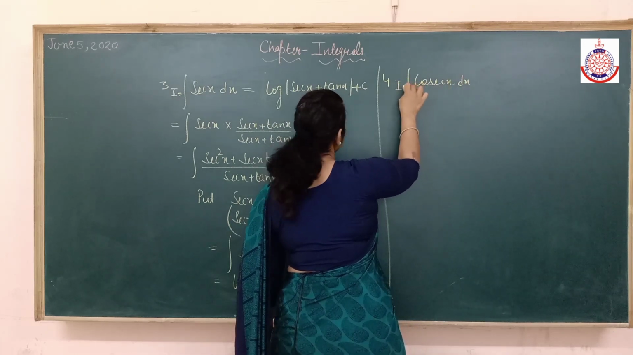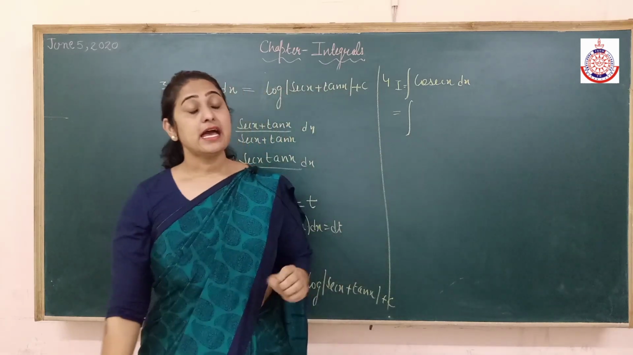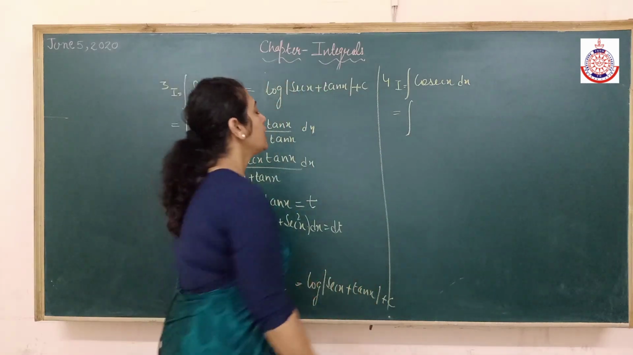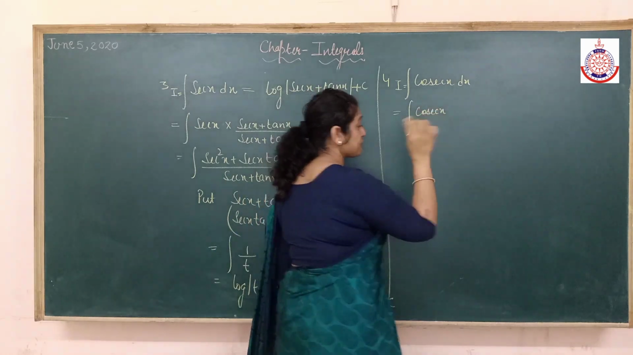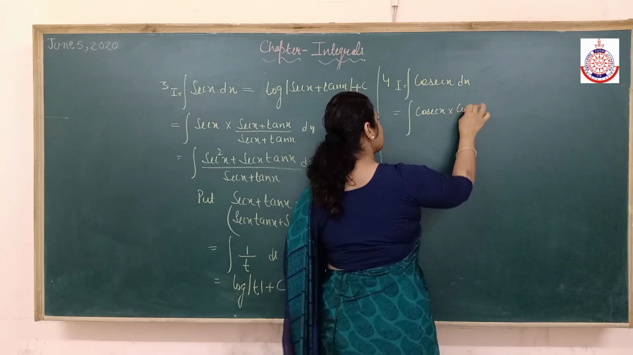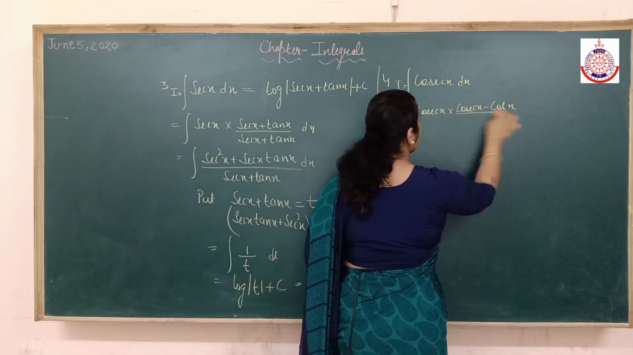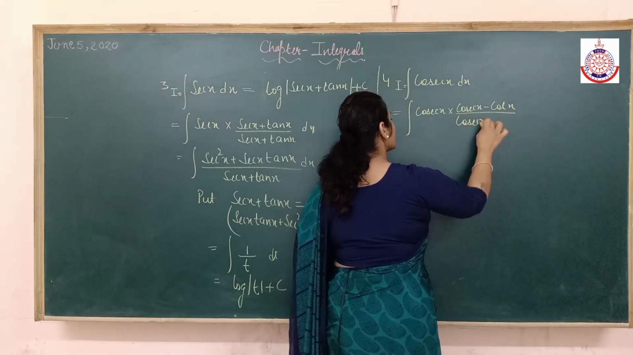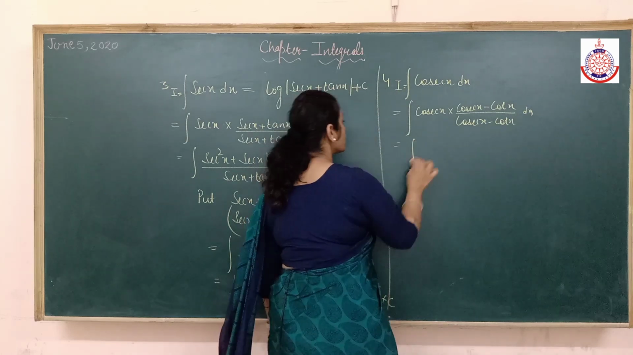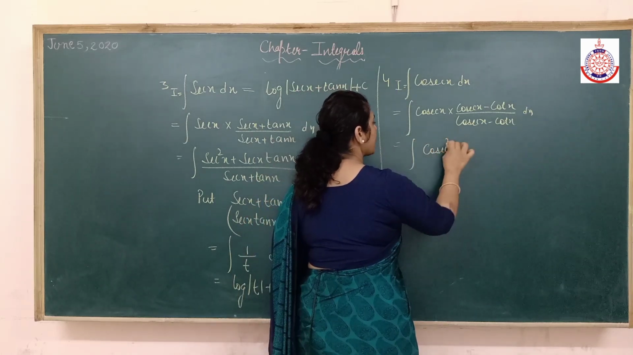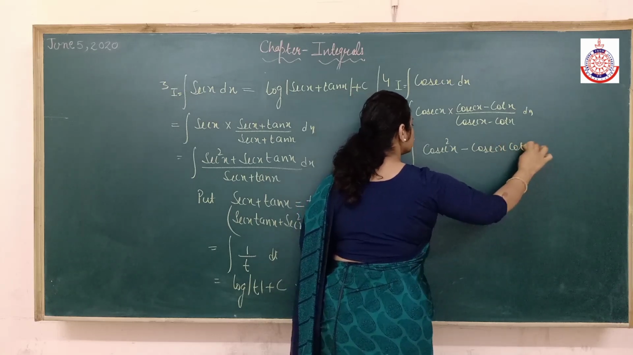Here also I have the same problem. I don't have a differentiation, so I am going to make the differentiation here. Because in cosecant and cot a negative comes, I am going to multiply and divide by cosecant x minus cot x. Alright? So, cosecant square x minus cosecant x into cot x